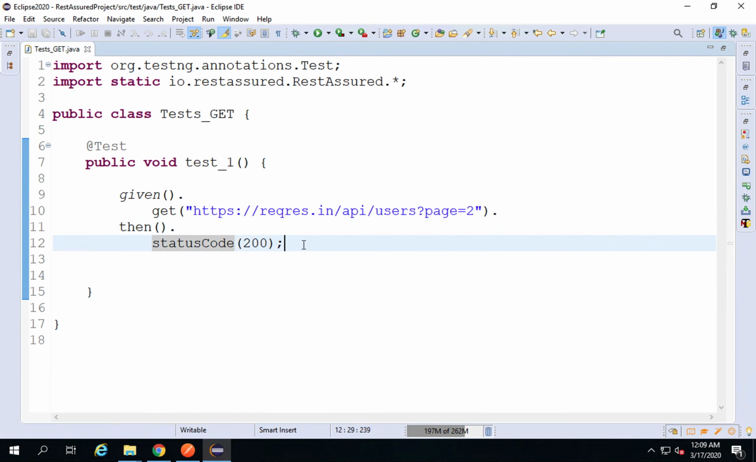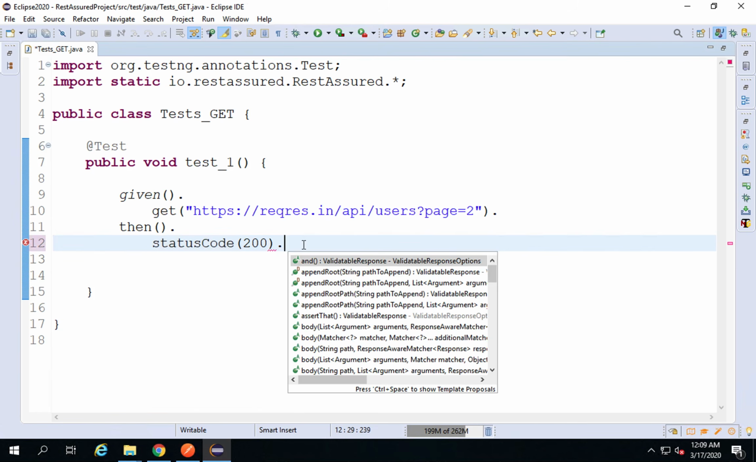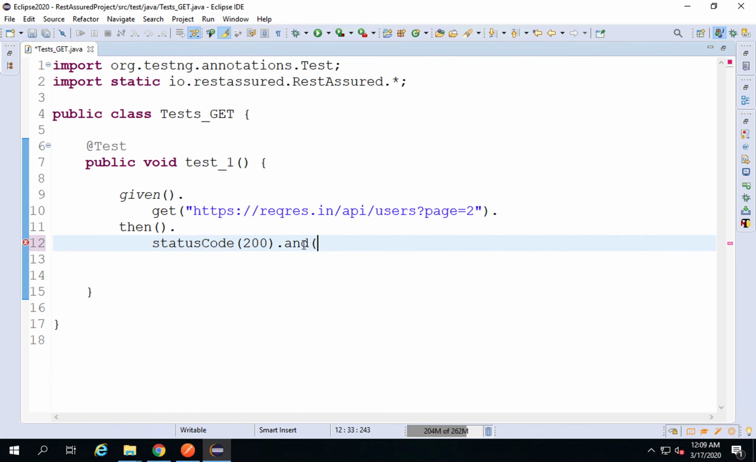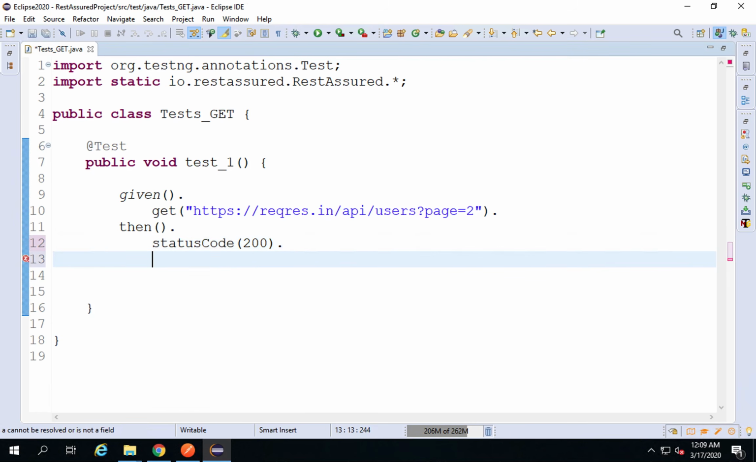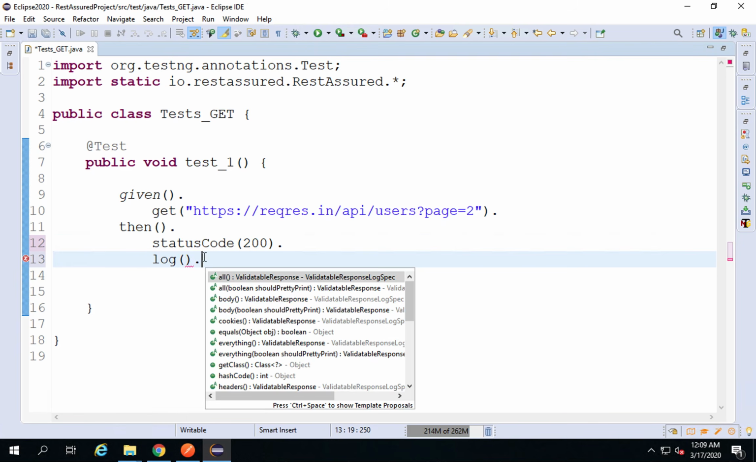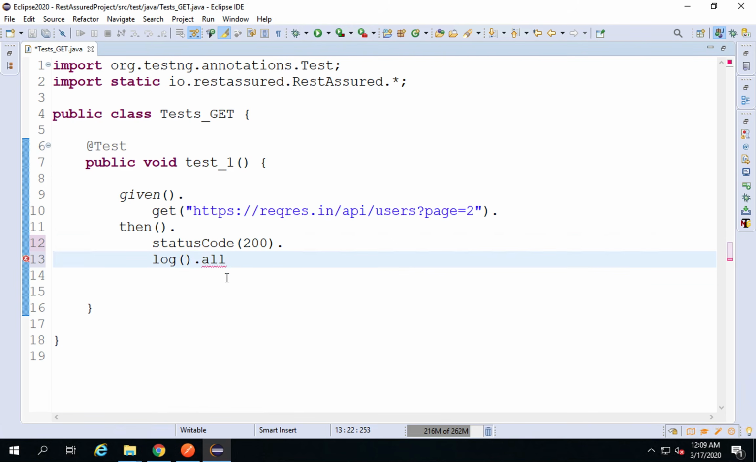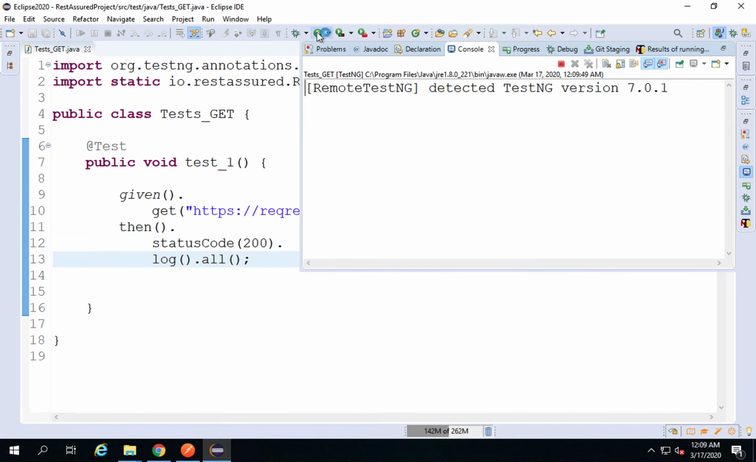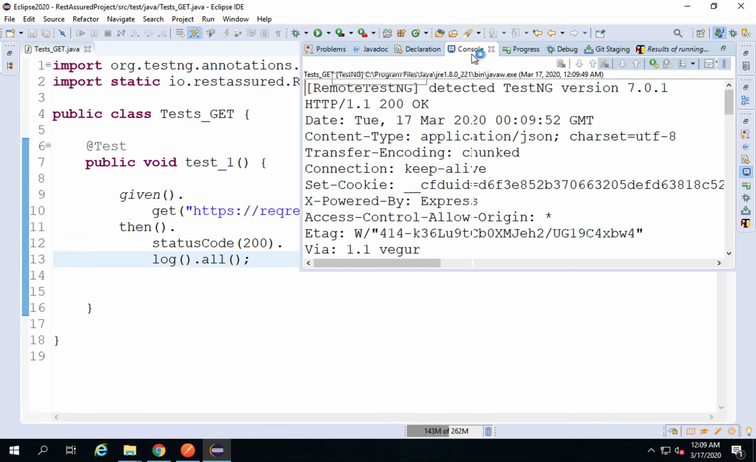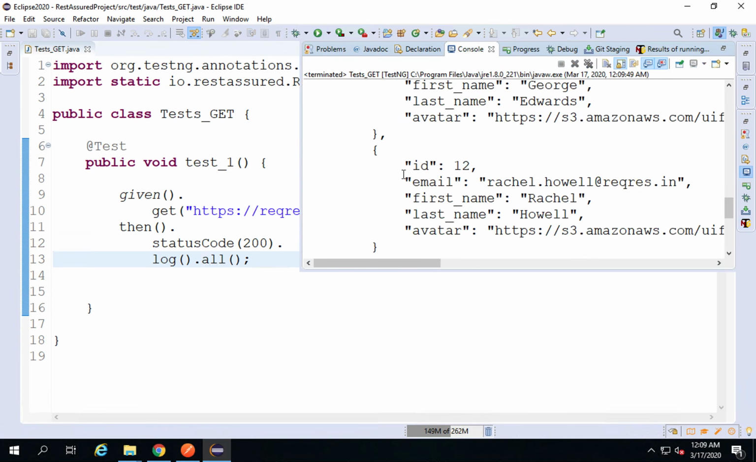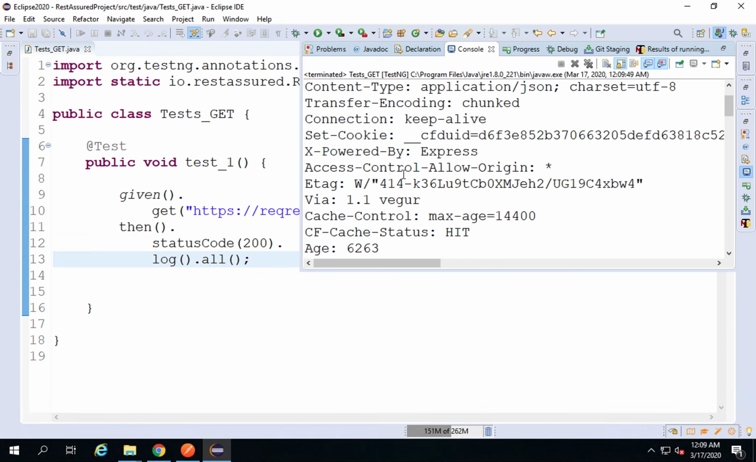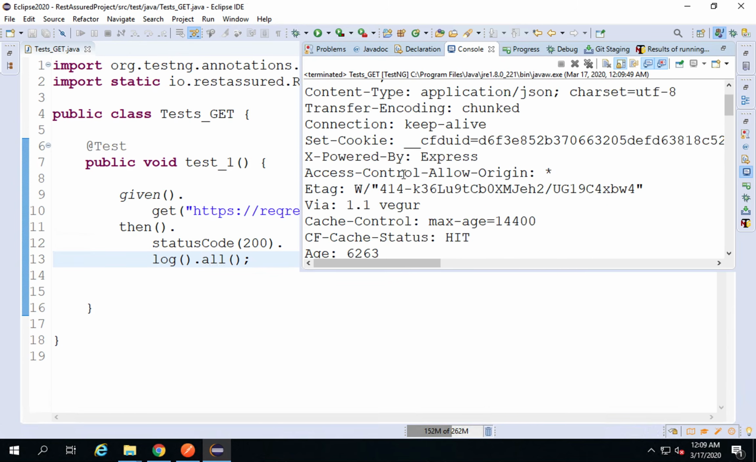Now I can also log the details, so I can say dot, and let me go to the next line. I will say log, and if I press Control spacebar on my keyboard, it is auto completing log and all. So this will also log the response on the console itself. If I run this now, I can directly use the run button here, and if I check the console,